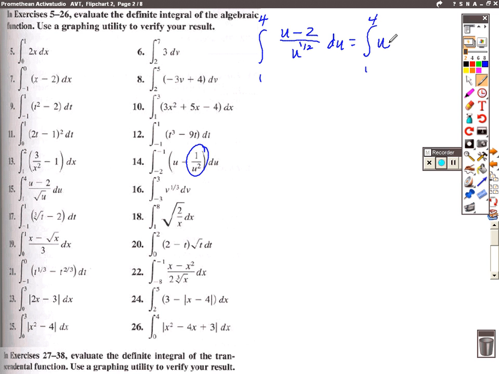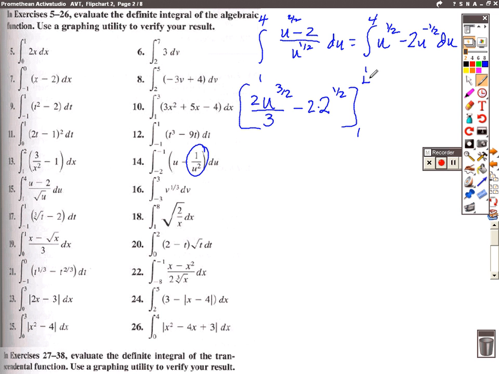That would give me u to the 2 halves minus 1/2 would be u to the 1/2 minus 2u to the negative 1/2. Notice every term gets that u to the 1/2 in the denominator. Then I can find the antiderivative, so that would be u to the 3 halves divided by 3 halves, which is times 2/3, minus 2u to the 1/2 divided by 1/2, which is times 2,